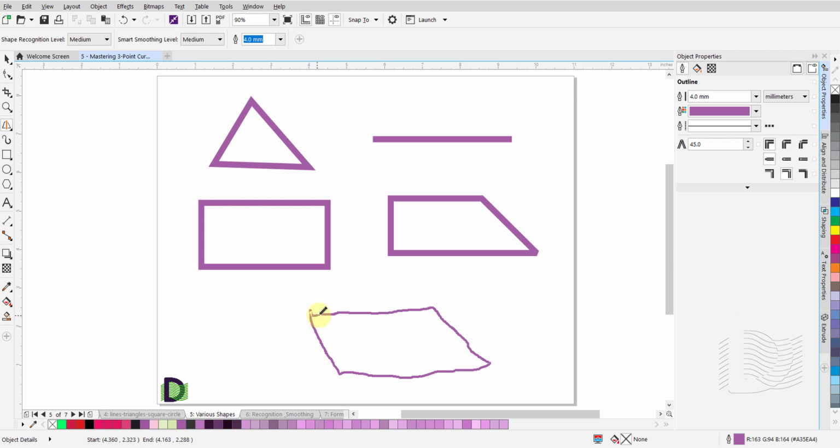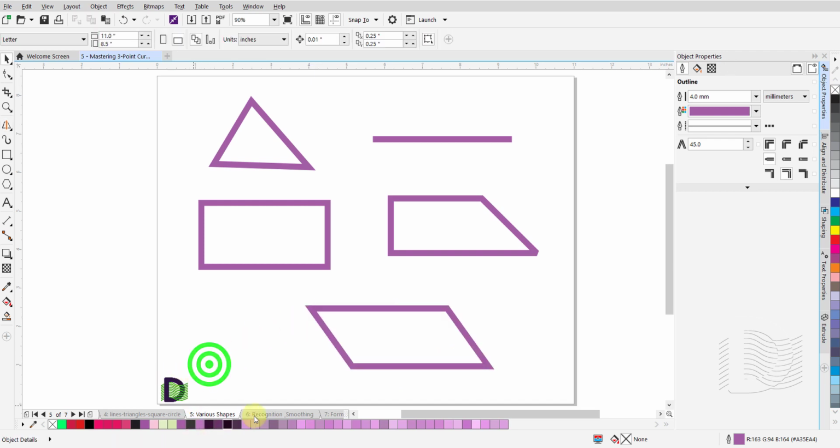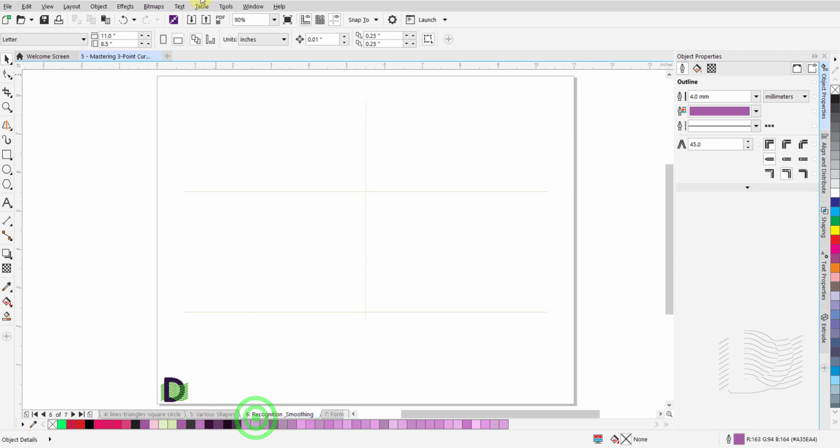Etc. Let us draw a couple of objects after adjusting shape recognition and the Smart Smoothing levels. We will set both of them to none. And draw a triangle and a rectangle. First the triangle.